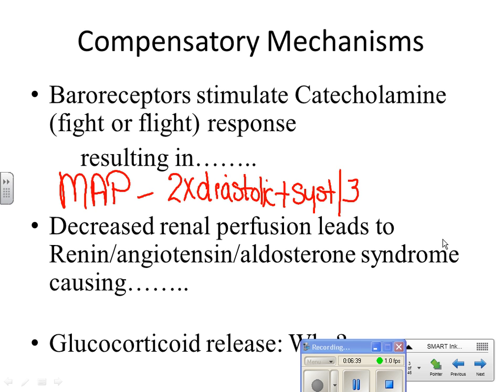So as a compensatory mechanism, what you'll see in certain stages that we're going to talk about in a minute is that the urinary output is going to drop. And that's going to be an indication that our compensatory mechanisms are working, because it means that the body is holding on to fluid, not diuresing, so that it increases the circulating blood volume and bumps up the blood pressure. And that improves your mean arterial pressure.